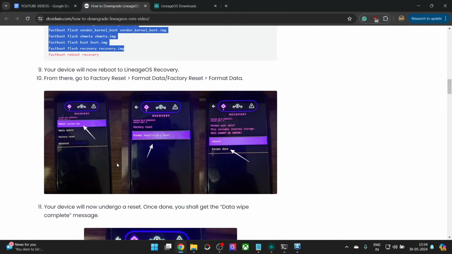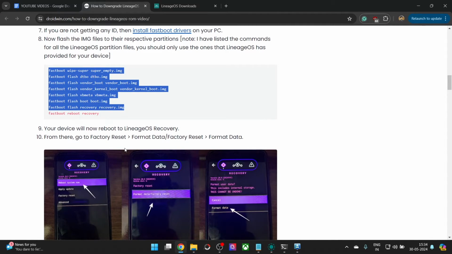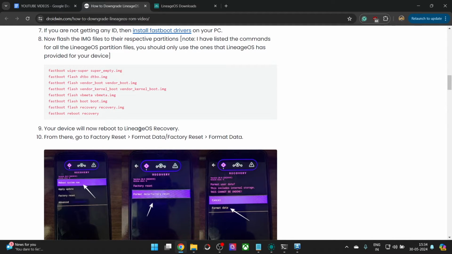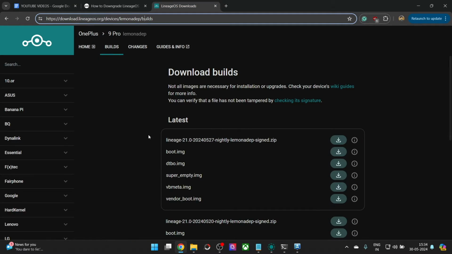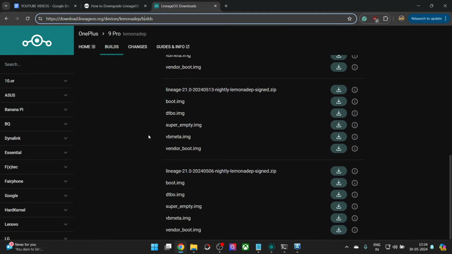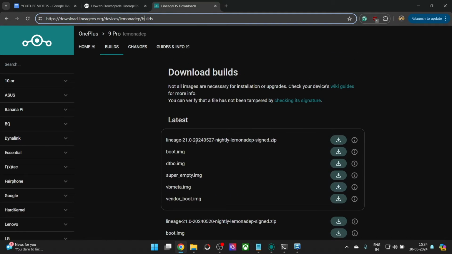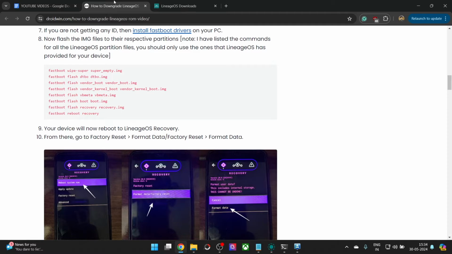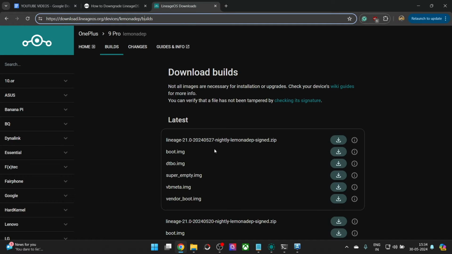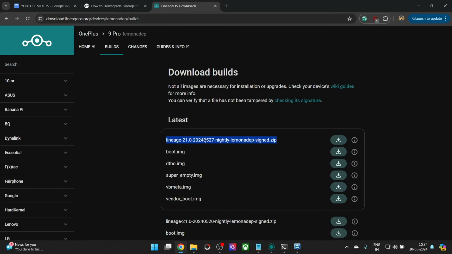So the major task is that you have to download an old build of the Lineage OS ROM. The major issue is that the official Lineage OS website only has the last 4 or 5 builds. For instance, let's suppose you are currently on Lineage OS 21 based on Android 14 and you want Lineage OS 20 based on Android 13. If your phone has just received the Lineage OS 21 build and it's the first Lineage OS 21 build, then the first build will be of Lineage OS 21, whereas all the other builds will be of Lineage OS 20, because this is the first build of Lineage OS 21 for your phone.